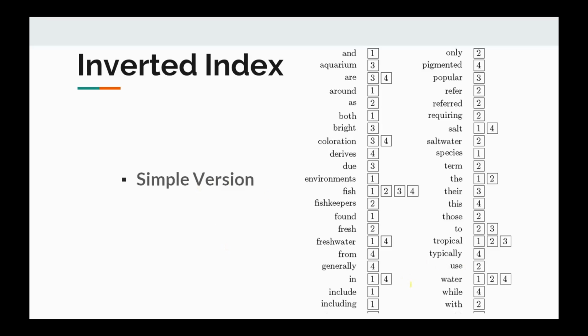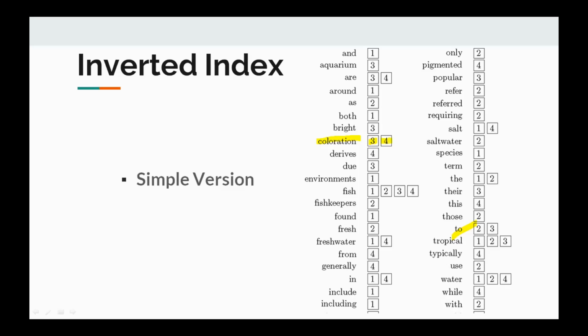Here I use the example word coloration. Next to coloration are the numbers 3 and 4. What do they mean? The numbers 3 and 4 indicate which documents contain the word coloration.